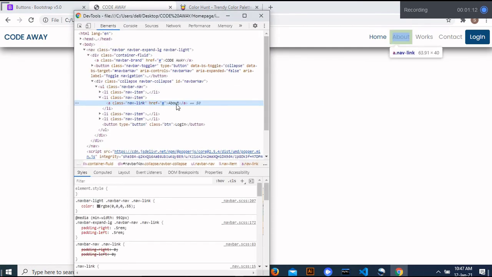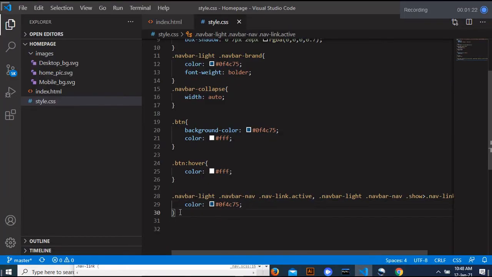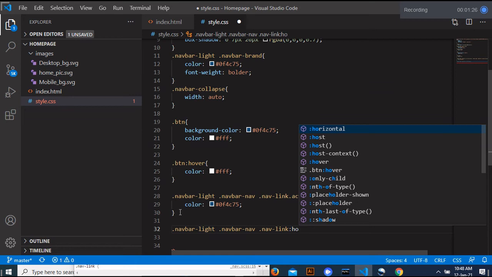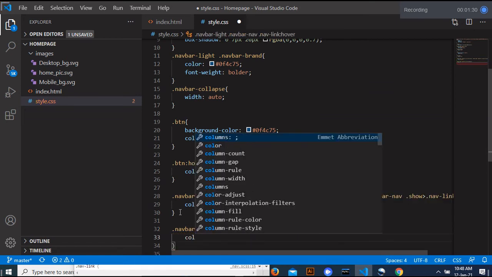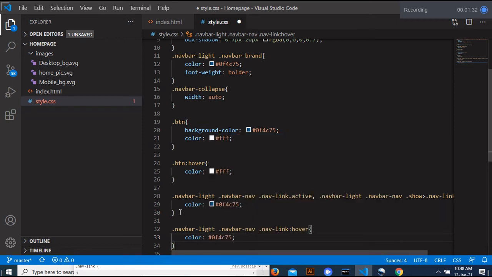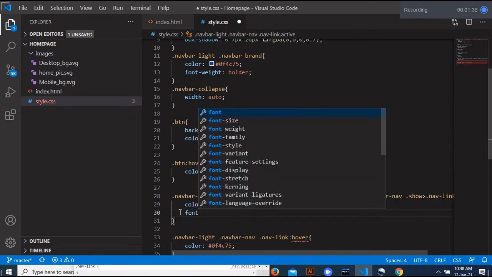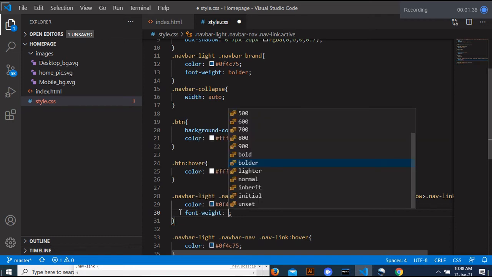Then this nav link on hover should change to this color. So I'm going to change that. On hover should have this color. Also I make this font weight bold, not bolder, just bold.